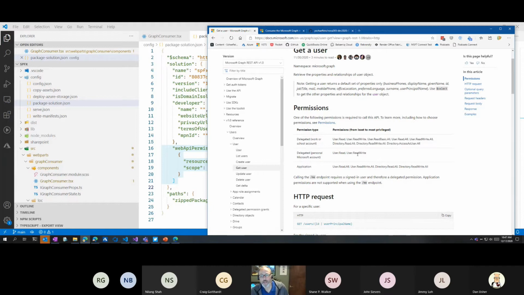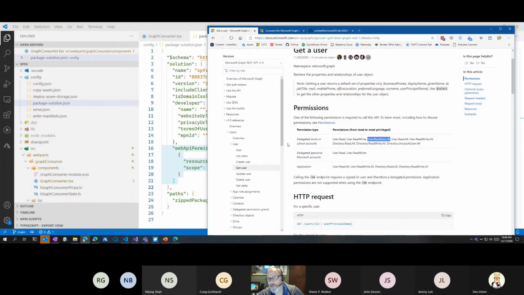Now, if you'll notice, there is User.Read and there is User.ReadBasic.All. If something just says .Read, or if it's missing the .All, then what that means is the current user. So User.Read permission will let my application read information about the current user. User.ReadBasic.All will let my application read basic information about all users in the tenant. And our sample is going to be searching for users, so of course I want to search them all, right? That's most likely what I want. And even though that sounds scary, users can open their email client and search the GAL and find every user anyway, so it's not like we're giving away the secret here, right?